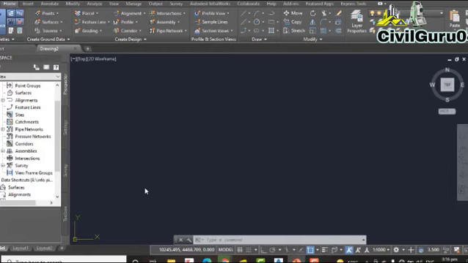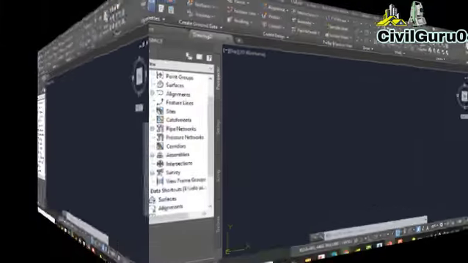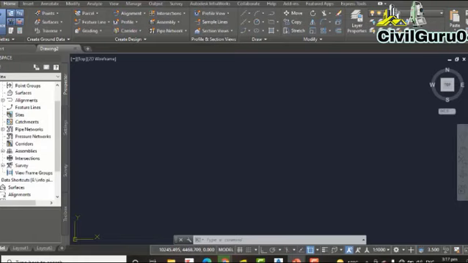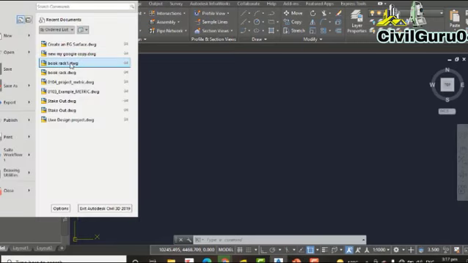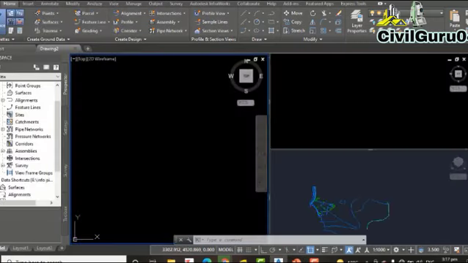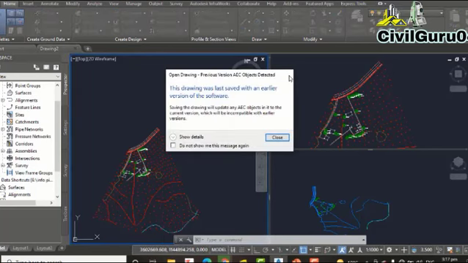In this exercise, we will create a surface from survey data. You already know how we can import the survey data into a drawing. So I have a drawing which already has survey data, and we will go with step number 1. Open the drawing named Create an Easy Surface, located in the description link. I will give you the link. When you download this drawing, you will get the same as my screen. You can see the 3 viewports.